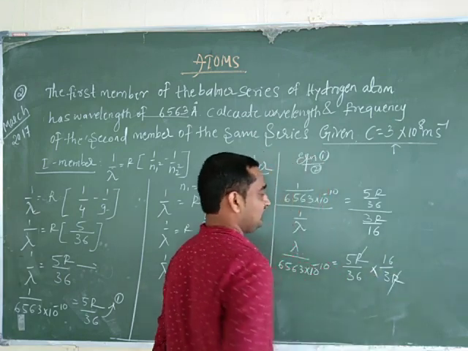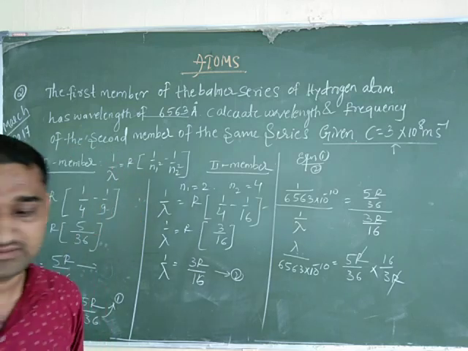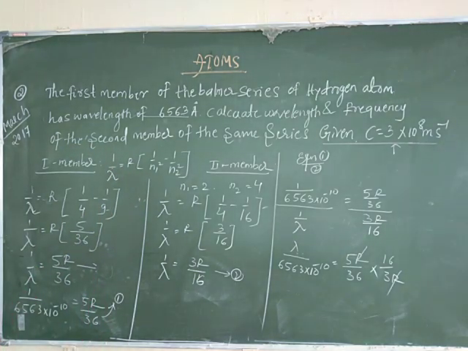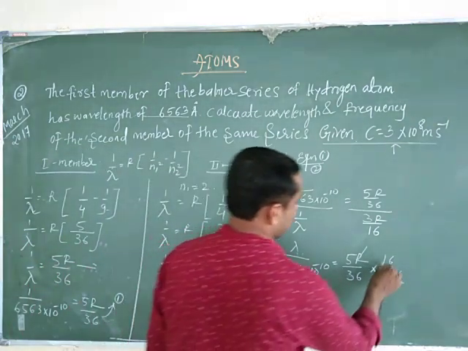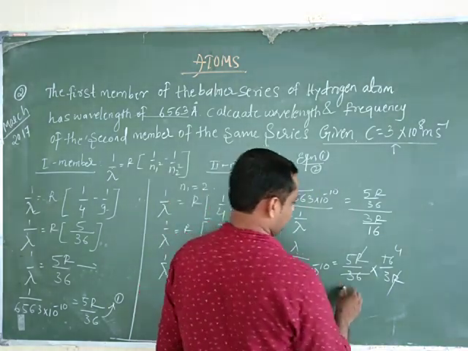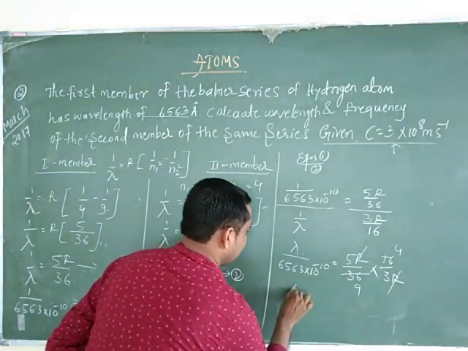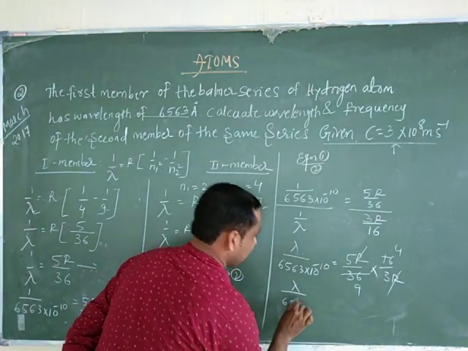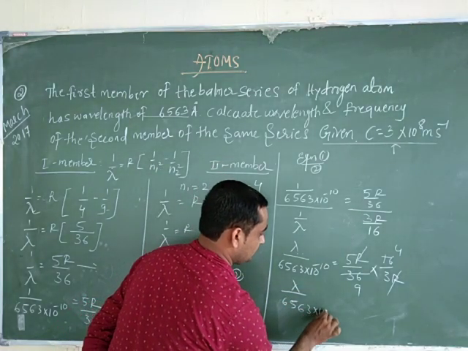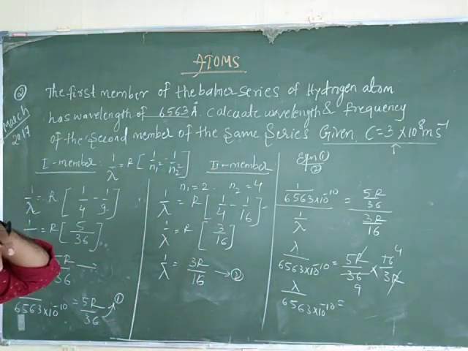Here R and R get cancelled, and 16 divided by 36 we can calculate: 16 is 4 fours, and 36 is 4 nines. So you will get lambda divided by 6563 into 10 to the power minus 10 is equal to